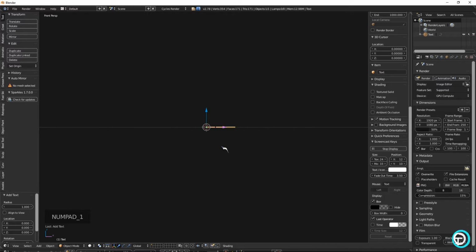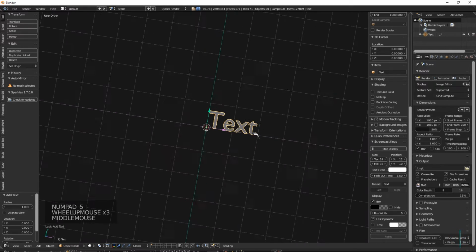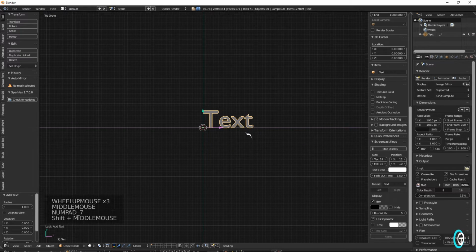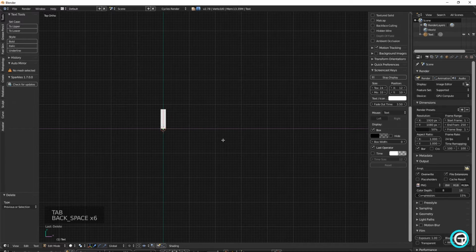And I'm going to press 1 on my number keypad, and 7 to go into the top view, and then 5 to go into orthographic view, just like that. And I'm going to press Tab and go to edit mode, and delete this text, and we're going to make the text all capital. So I'm going to turn my caps lock on, and I'm going to type in stranger,